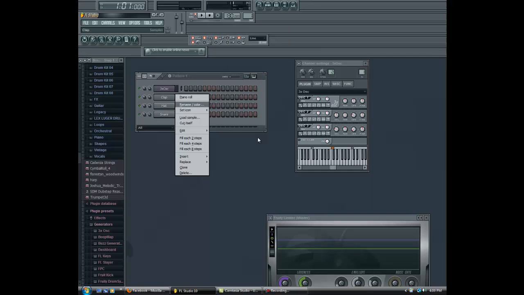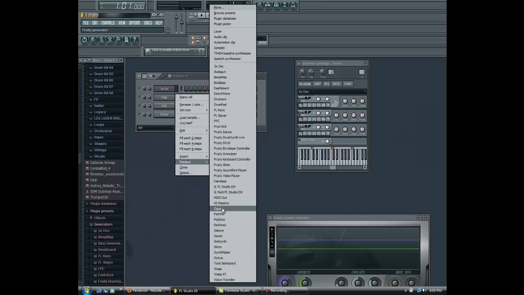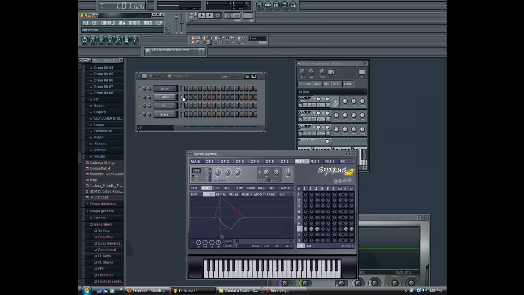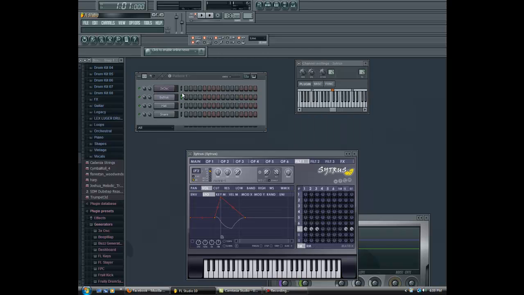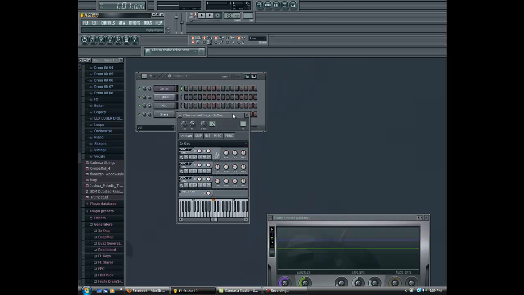I am going to put in 3X OSC and Citrus. These are the two programs to create dubstep wobbles with in basic FL Studio. I'm going to start with 3X OSC, and how we start here is, as you can hear, it's just a normal bass line. So we got to change the wave pattern and the wave speeds, that is our goal for the wobble on 3X OSC. Same as Citrus, but anyways,